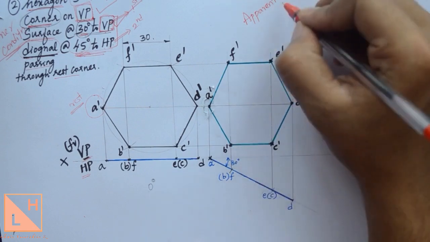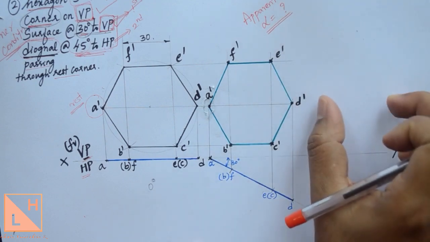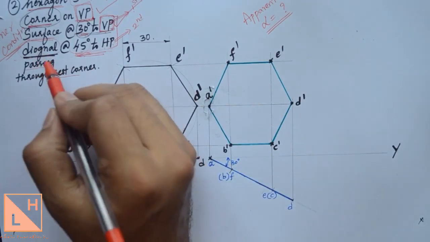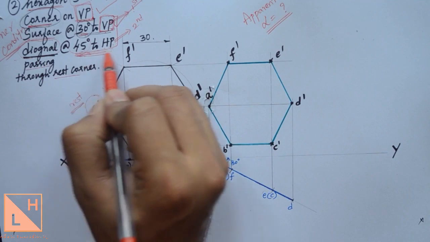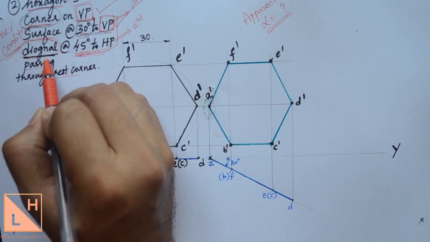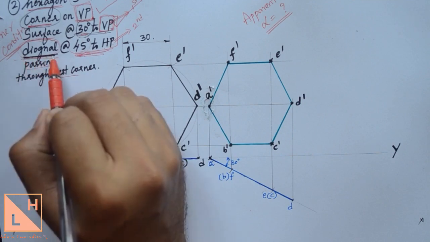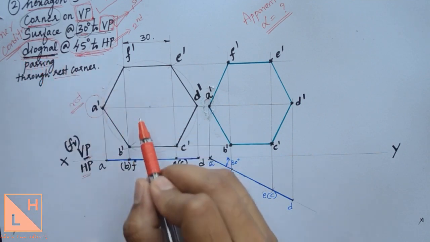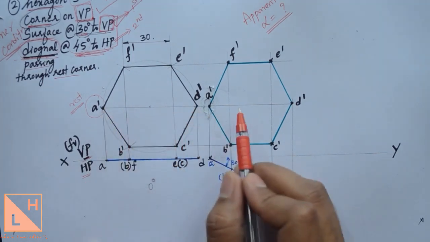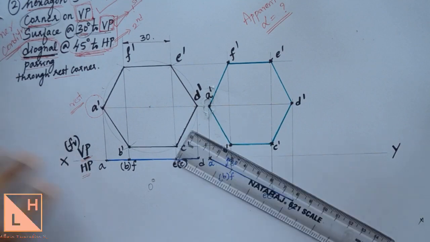So the apparent angle in the front view will be given by alpha. You need to find out the value of alpha, so that we use that alpha in the third position. Now why do we need to find this apparent angle? If you just have a look at the question again, the thing inclined to HP here is the diagonal. So if you see that the diagonal is inclined, you just need to check the length of that diagonal in the first and second position. In the first position, it is from A dash to D dash. In the second position, it is again A dash to D dash. We'll check the length of this in the first as well as in the second position.